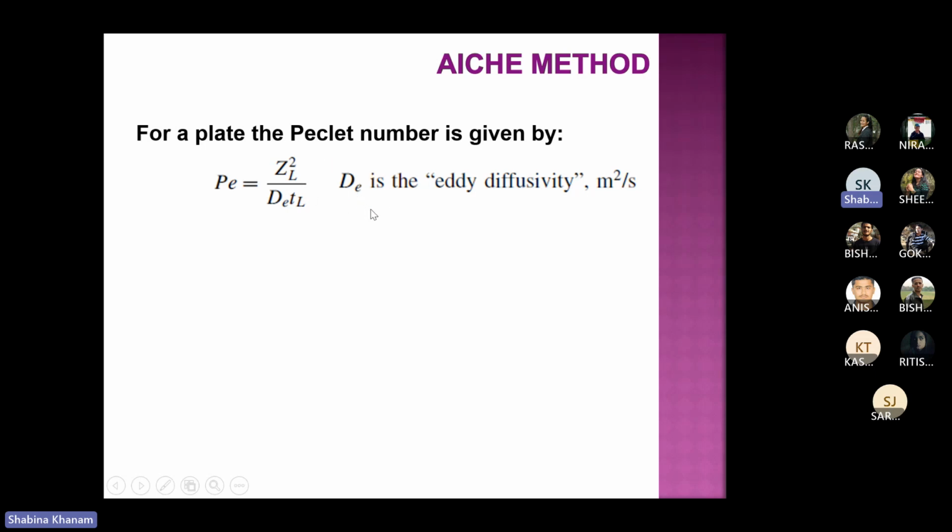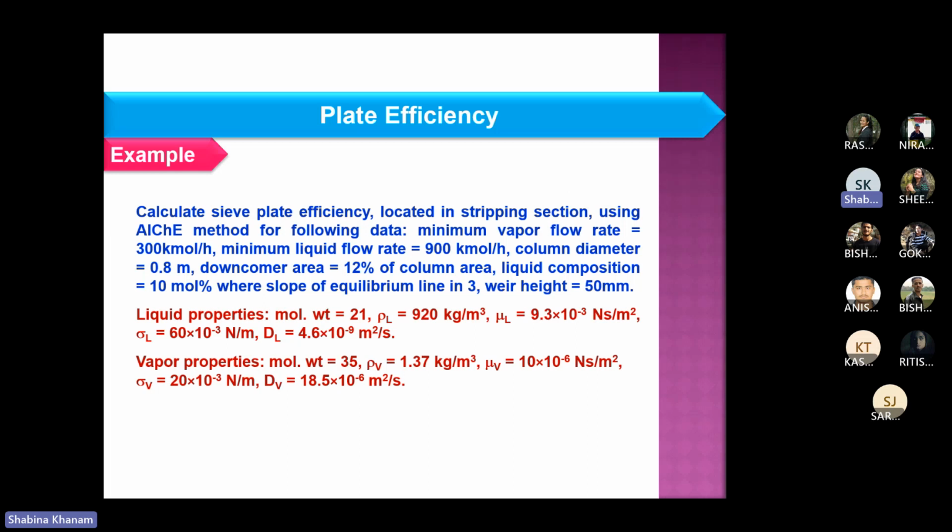If this eddy diffusivity is 0, it means no mixing is there. So in that case Peclet number should be infinite. And if this is infinite, it means perfect mixing is there. So eddy diffusivity you can find using this expression for the plate, and in this way you can find all the parameters to find plate efficiency from the graph. So I hope that you can do it, and now we will see one example